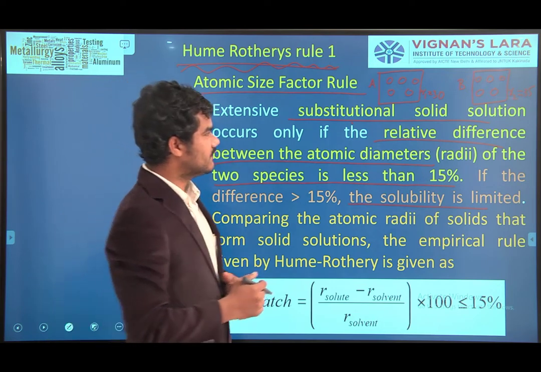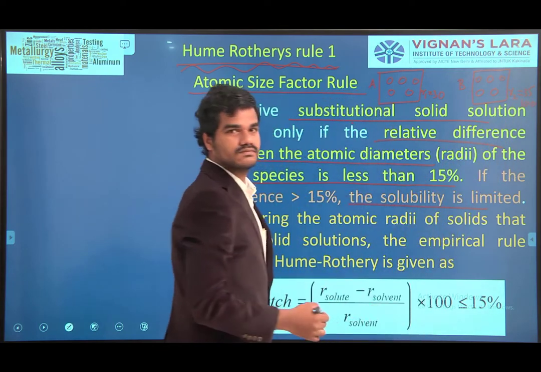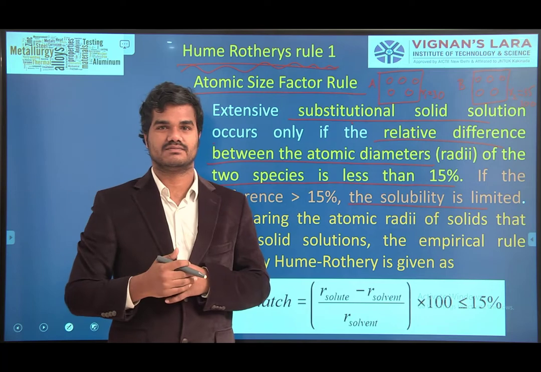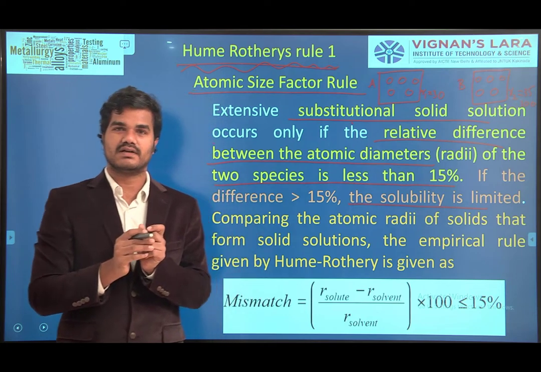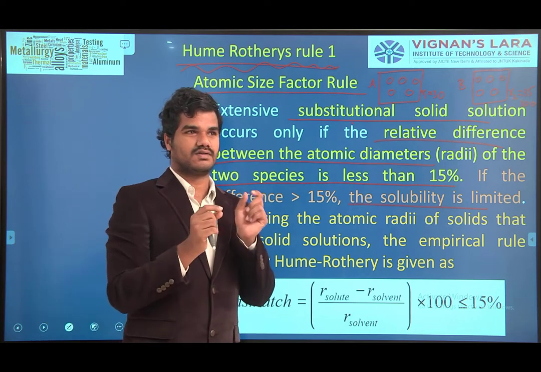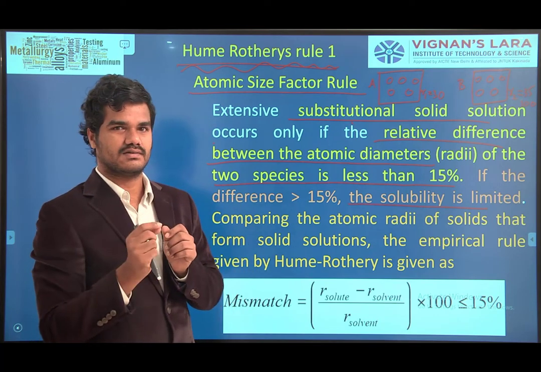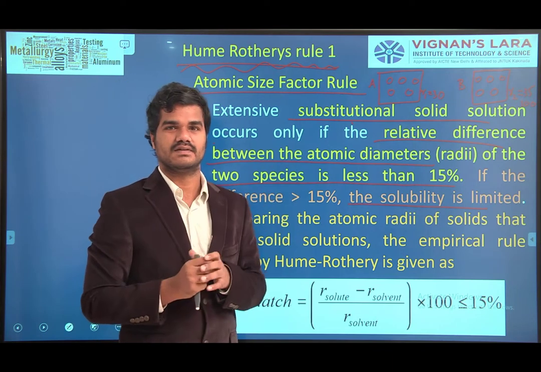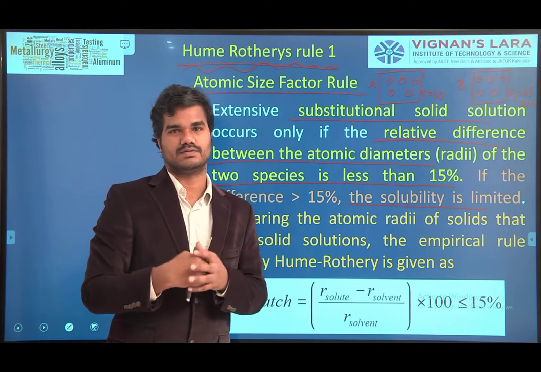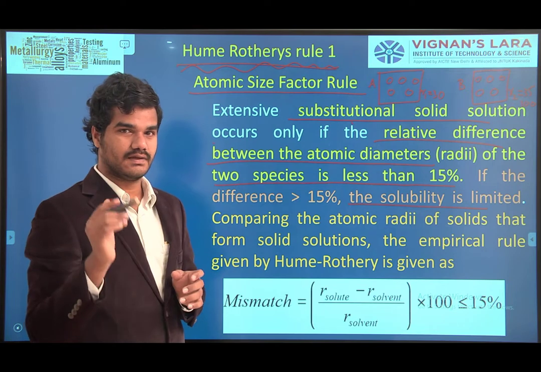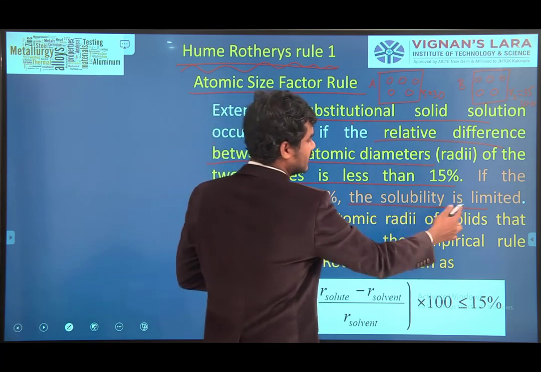Suppose if atomic radius of this is 30, if this is 100 micrometer, then you cannot combine those. Atomic radii of A material is 30 micrometer, atomic radii of B is not in micrometers, it is nano level. The atoms will be at a nano level. Let it simply be 30. If B is 100, you cannot mix both. You can mix, but when you mix, what will happen? If the difference is greater than 15%, the solubility is limited.